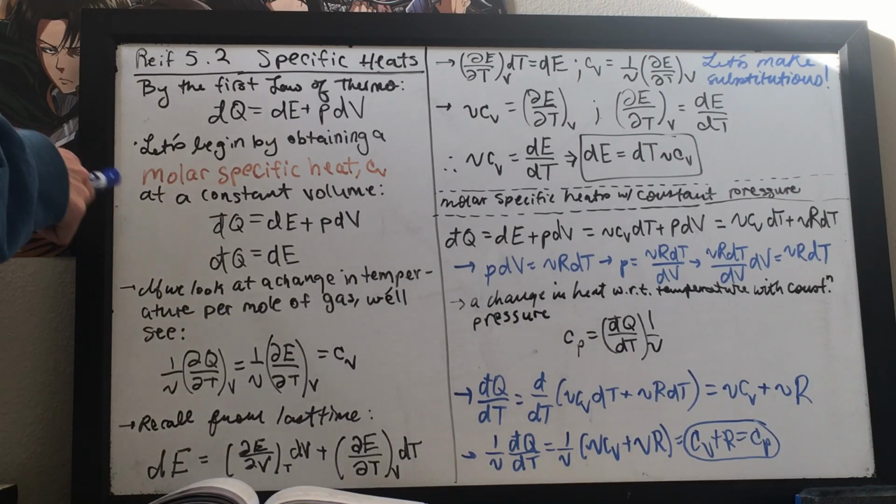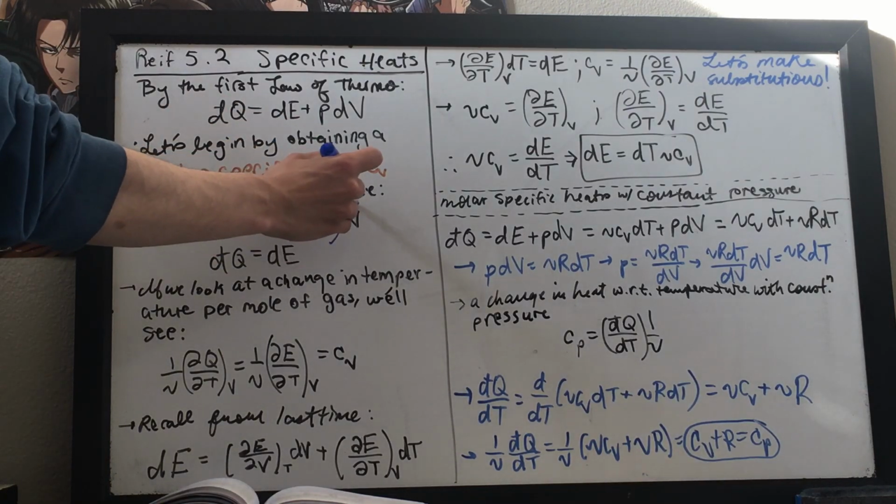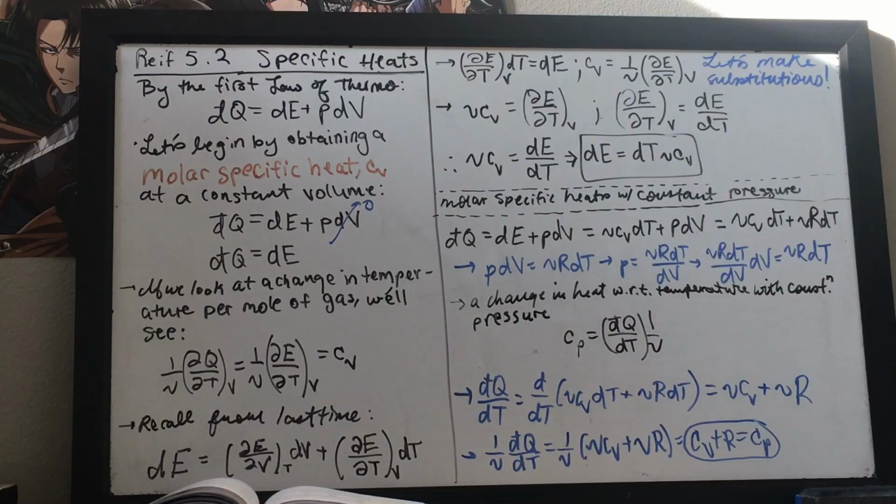Now, at a constant volume, we write our first law of thermodynamics, expressing our heat in terms of our change in energy and our change in volume. And because we want to keep volume constant, dV obviously has to go to 0, right? Leaving us with the fact that our energy is just equal to our change in heat. So we define our heat capacity with constant volume as a change in heat per mole of gas,